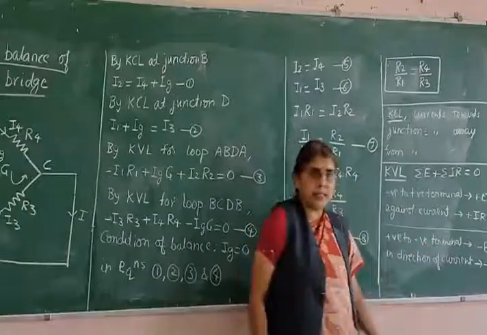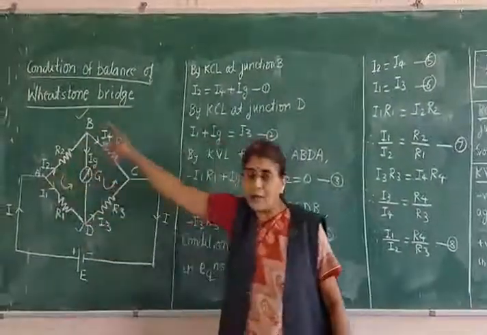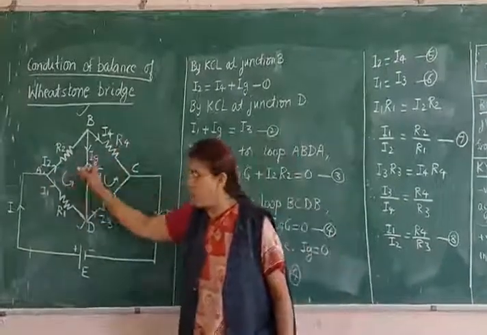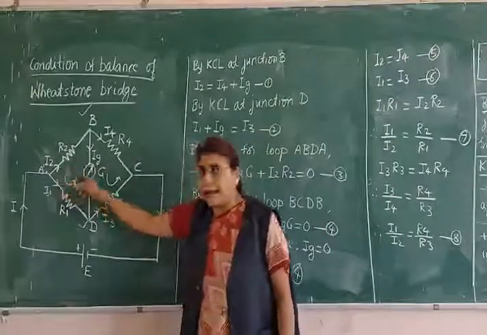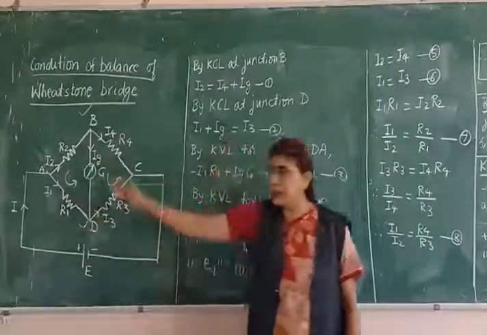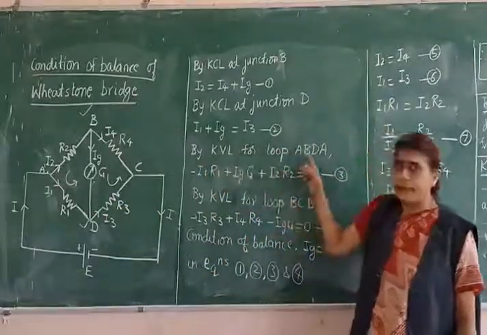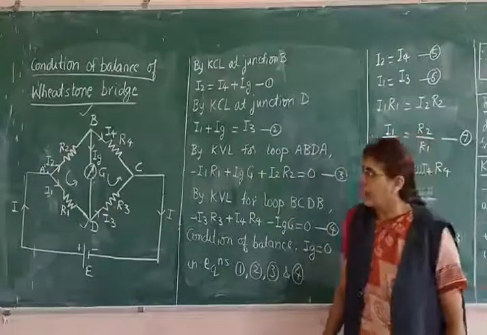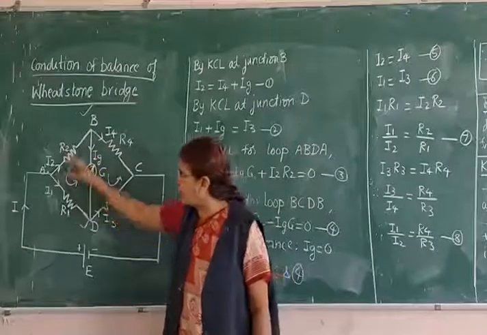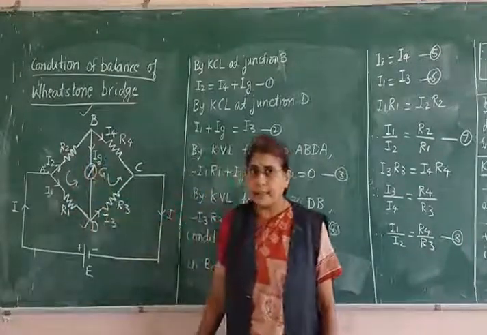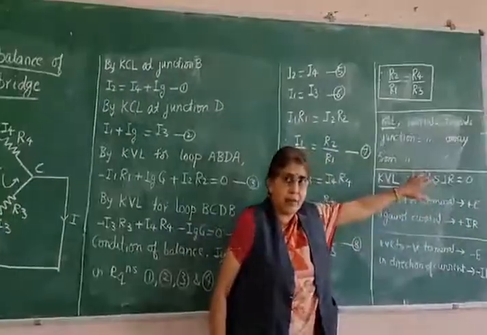So we shall apply the sign convention now to this loop, that is A, B, D, A. How to traverse the loop is your choice. You can go either clockwise, you can also go anti-clockwise. Result will be the same. Let us say we are going in this anti-clockwise direction for the loop A, B, D, A. So I have written it here. By KVL for the loop A, B, D, A. Now here, if you see this, we are having only 3 resistors. G is the resistance of the galvanometer. 3 resistors are there. There is no cell in the circuit. So this summation E does not come into play. You will have only summation IR equals to 0.